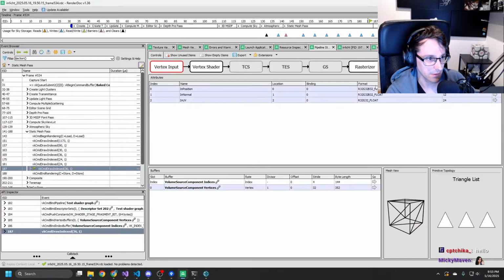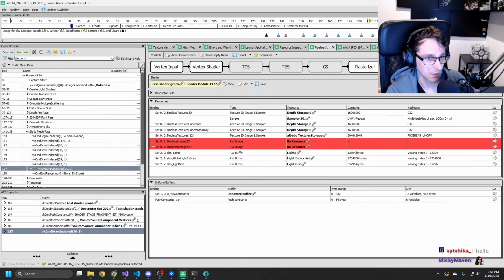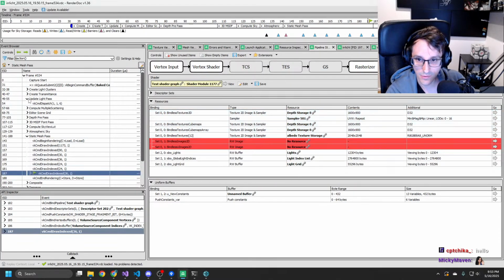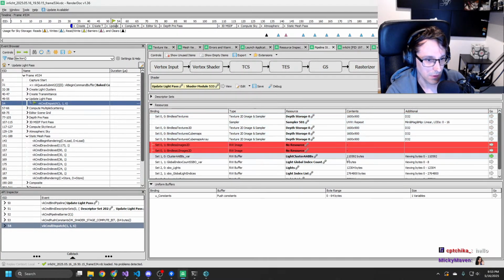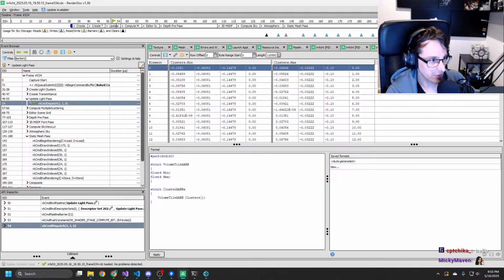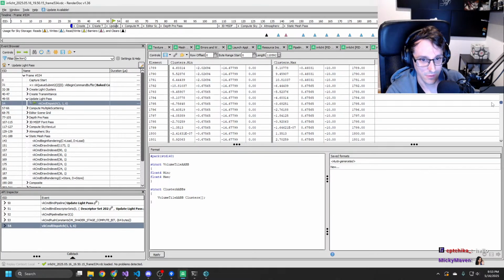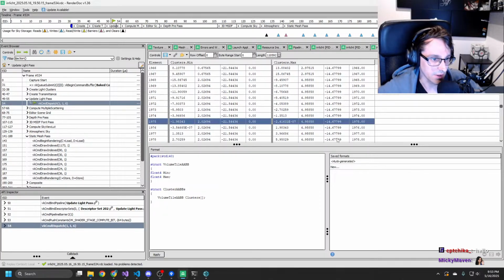Pipeline state. Oh, we don't have the clusters here, but we do have them here. 1975. It's probably around the 0 point. Exactly.